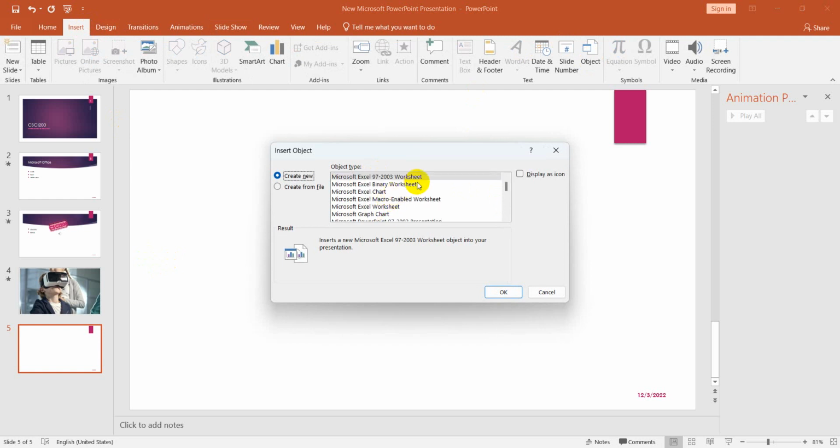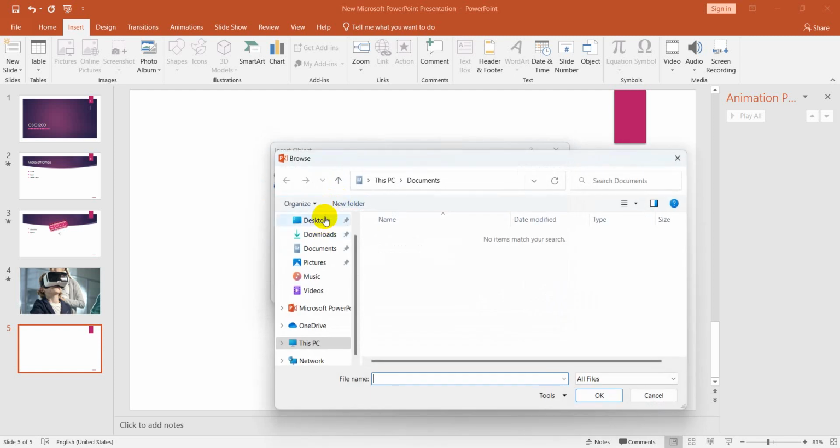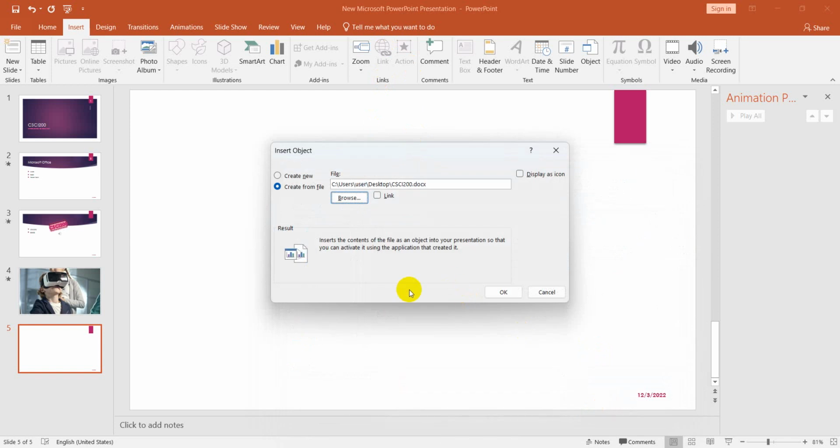So for example, Microsoft Excel file, Microsoft PowerPoint, Microsoft Word file, or if I want to display a pre-created file or an existing file, if I click on Create from File, here I need to browse to select the file that I want to embed inside my Microsoft PowerPoint. For example, a Word file. Now if I click on OK here, then